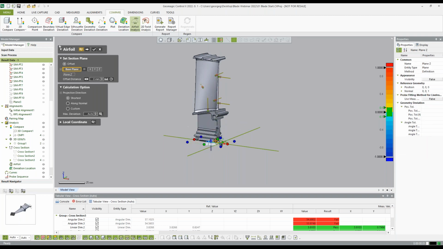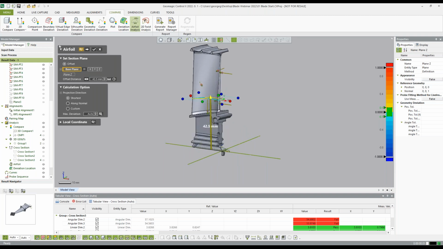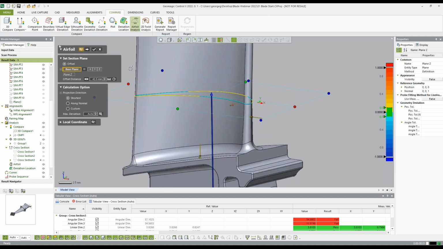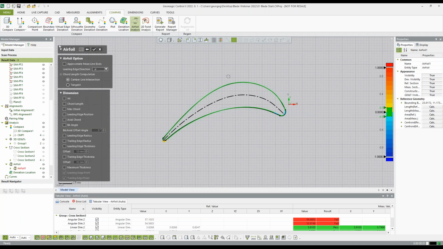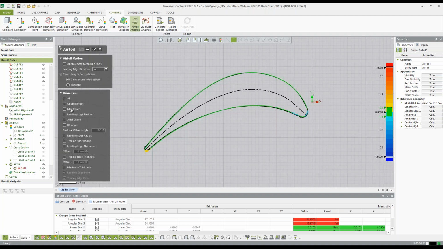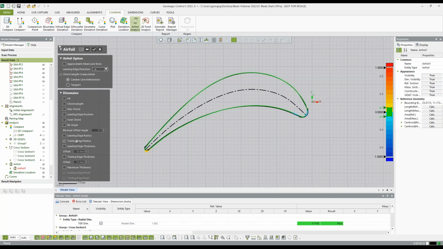Just set it for Z again, and then drag this up. I can cut a cross section through the airfoil, and I can set tolerances and do comparison there. But where I think this really shines is the ability to also dimension things that people typically want to know